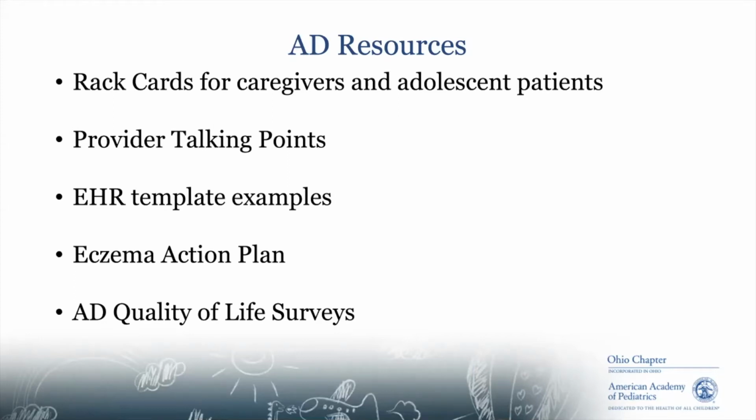Of course, I've mentioned the eczema action plan, which, of all of the successes of wave one, was probably the thing that I was most proud of, and the tool that we used the most. We modeled it on the asthma action plan, and when we talk about management, we had the green zone, yellow zone, red zone: what to do as far as moisturizers, topical steroids, other medications, and when to seek care with your primary care provider. We will be sharing that, and we'll encourage you to use that throughout your visits.